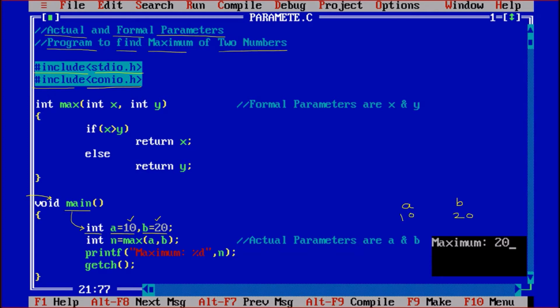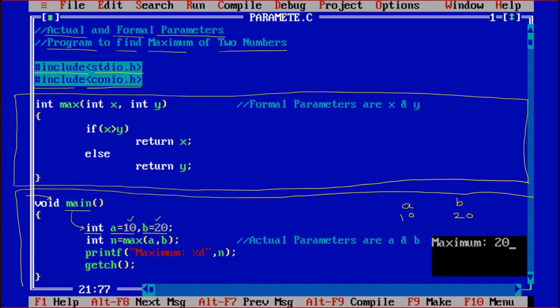One more thing we know is that this complete block is there in which these two variables are defined. Similarly, there is one more block. So these are two different blocks. Now this a and b are declared inside block A. Block A means the main function. We can say that this is the block of main and there is block B which is the block of the function. Now these two variables a and b have no significance in block B because they are declared in block A, the main program. That's why they can only be accessed inside main.